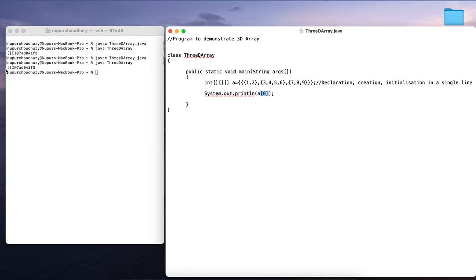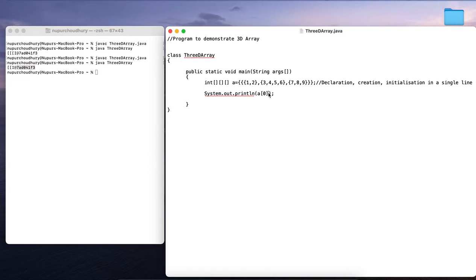So it is returning a 2D array, followed by the integer type of the array, the @ symbol, and followed by the hash value, that means the array class value.